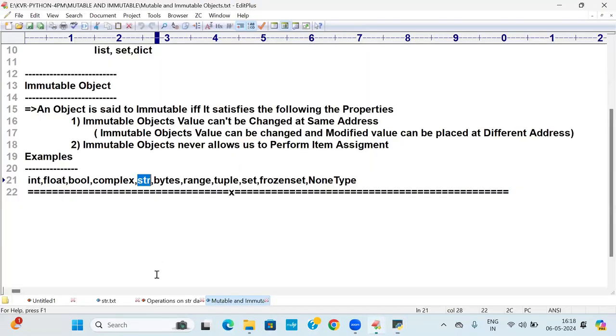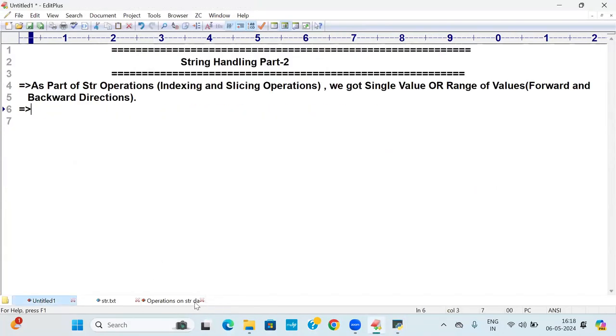Finally, what I want to tell you now is, if you keep on forgetting and I go on explaining, it's a never-ending story, students. Try to read. So I'm going to say string handling part 2. And one more thing, the str object is one of the immutable objects. Now I want to go along with the indexing,